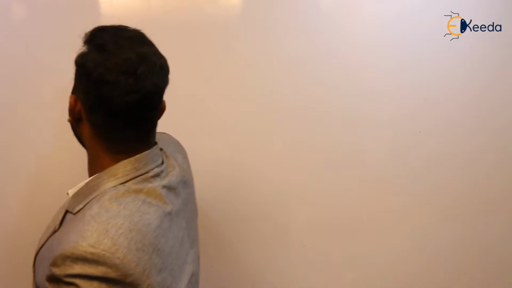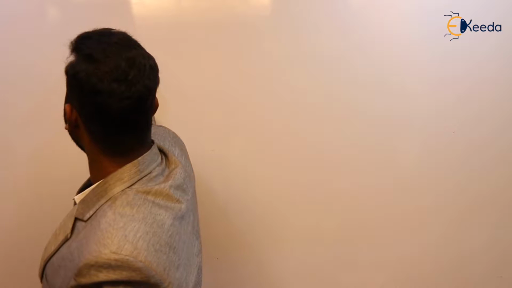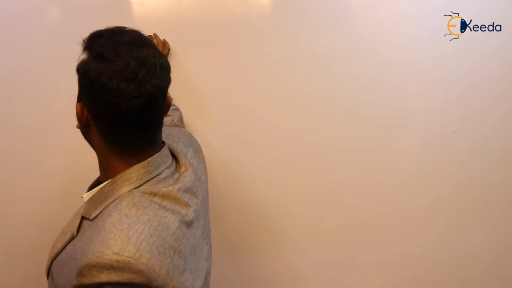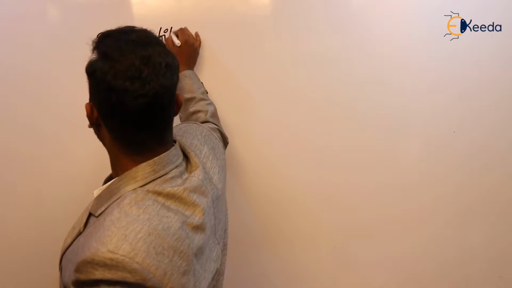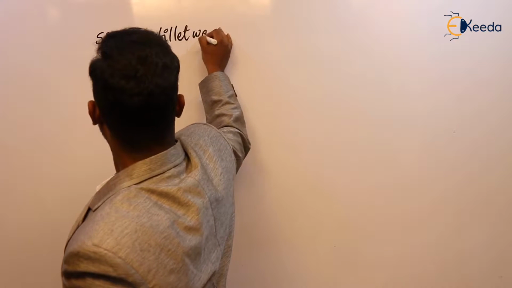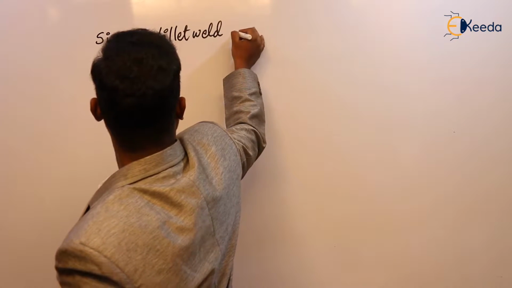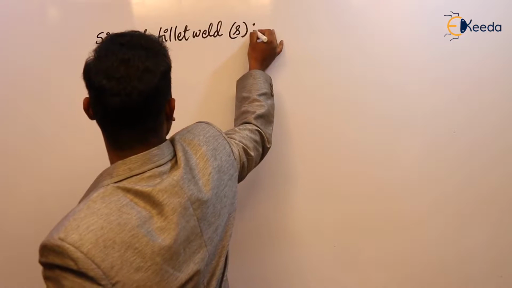So now let's see some terminologies, like the terminologies we have seen before: pitch, gauge, and edge distance. Likewise, we also have some terminology here. After seeing the terminology, let's go for the provisions along with the terminology and then design. The same procedure here also. So here, the size of the fillet weld: we represent it with small s.